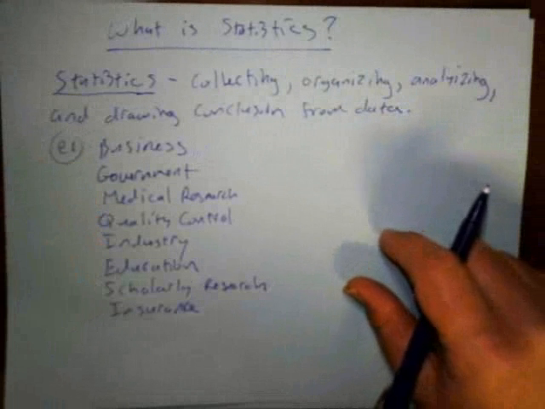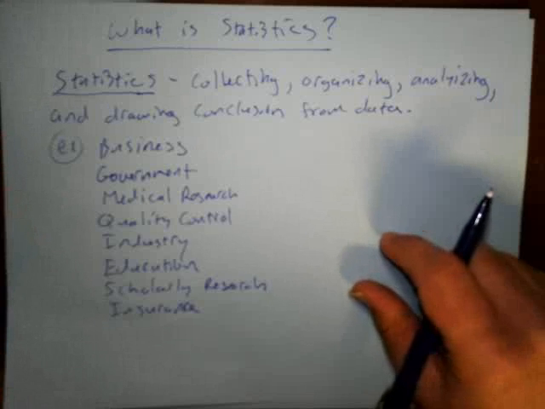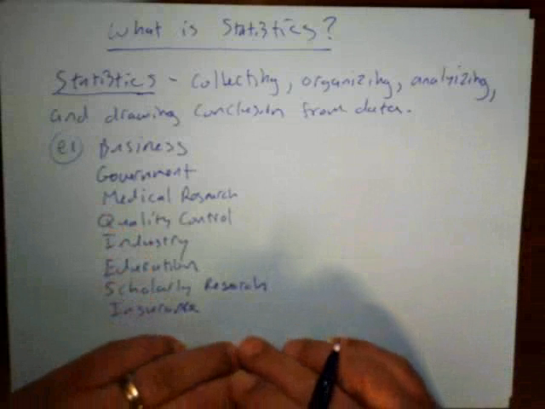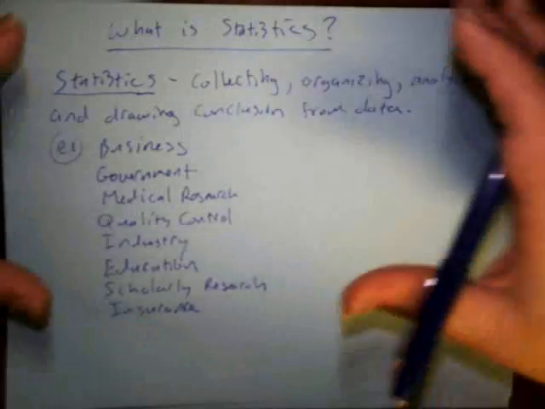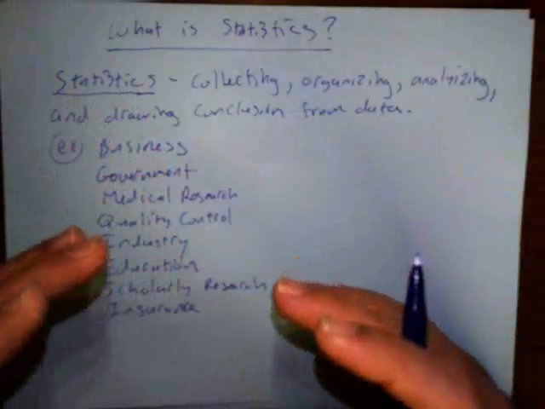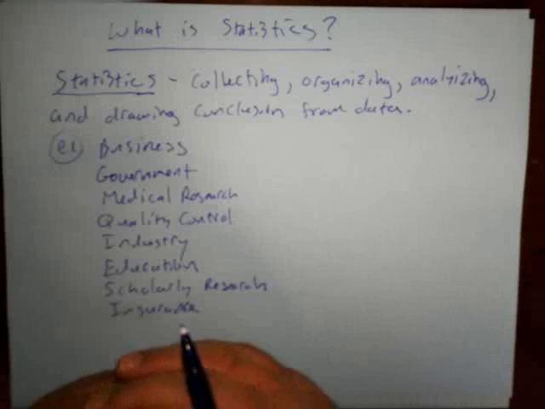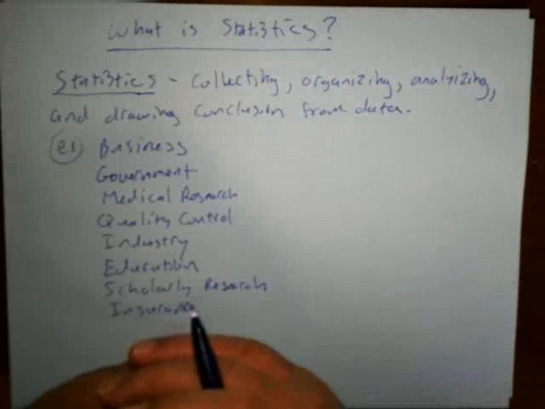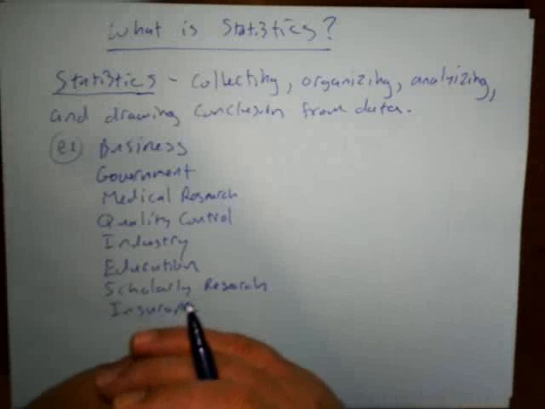Okay, so statistics is basically a tool. When it's used correctly, it can be very useful. It can also be misused as well. So that gives you a good idea what statistics is. Now, one of the first things in statistics then, once you've learned how to collect the data and you know what data to collect and you collect it, one of the first things you have to be able to do is to organize the data. And so that's what this section is going to be about. One way that we organize data sets is by constructing frequency distributions, and that's what we're going to be looking at in the videos coming up.